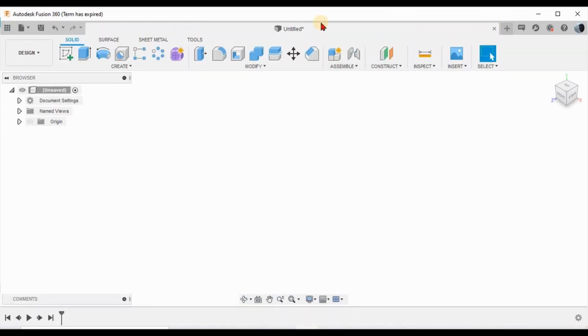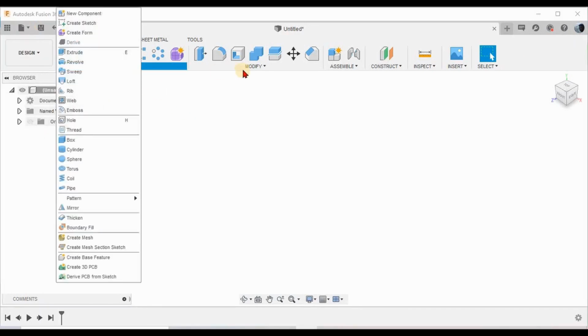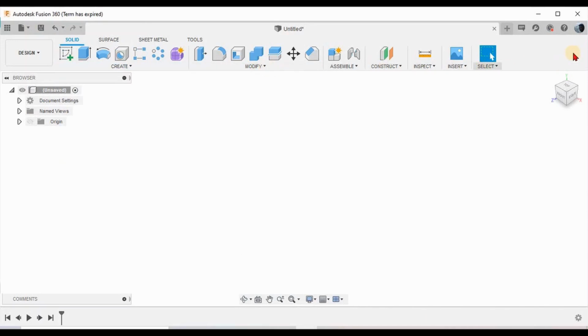Now for any design you need to fix a unit system, right? You may not find that option in any of these tabs. You cannot find it either here or anywhere. That particular option is in your preferences.